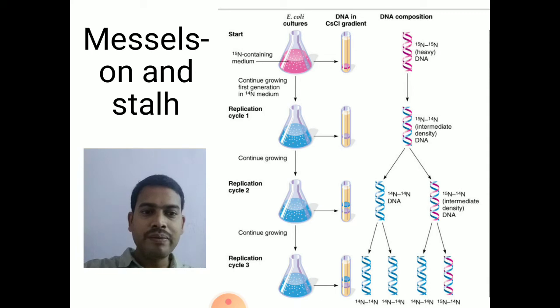By this experiment, they observed that the mode of replication in E. coli is specifically the semi-conservative type of replication. So with this Meselson and Stahl density gradient cesium chloride experiment using N15 and N14 isotopes, they proved that the process of DNA replication is semi-conservative.